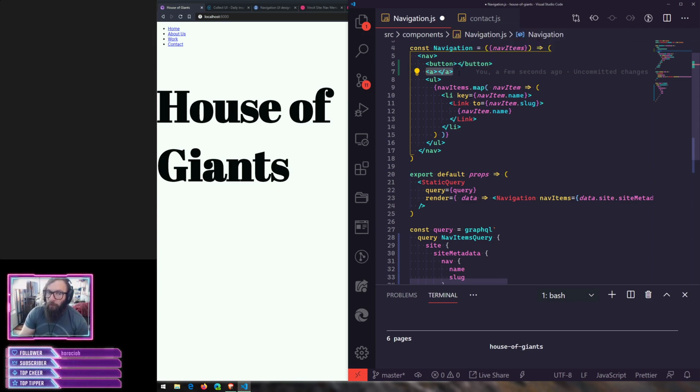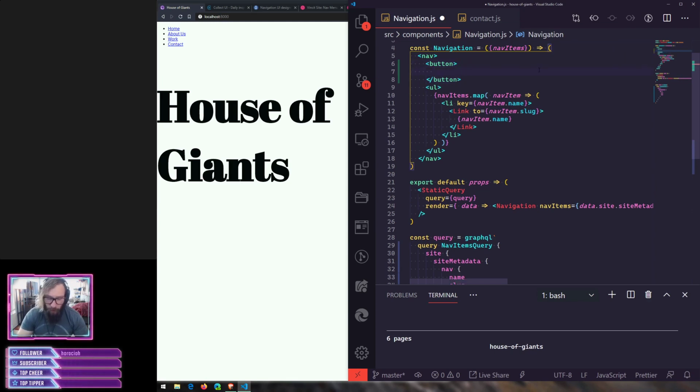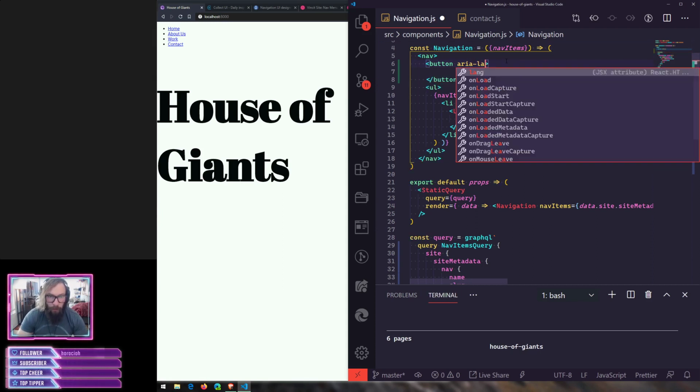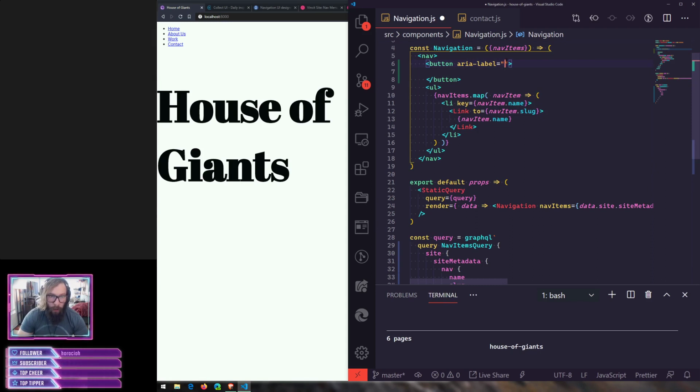So from a semantic standpoint, when you're building out interactions like this, you definitely want to think about the markup that you're writing. So for our purposes, we're going to go ahead and use a button. Within this button, we're going to want some sort of screen reader text to allow folks using a screen reader to actually understand what this button does, what this action is going to do for them. So for our purposes, I'll just add an ARIA label. The ARIA label on this button is going to just be open